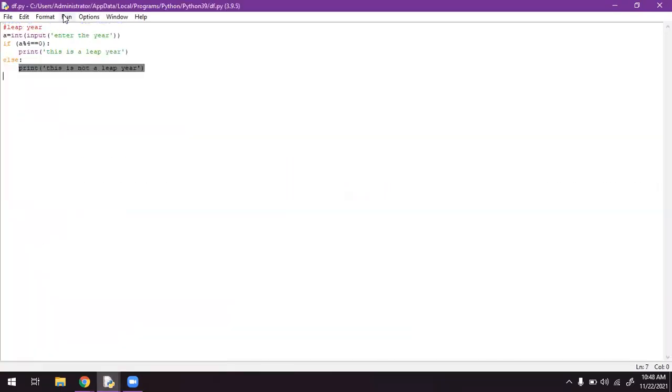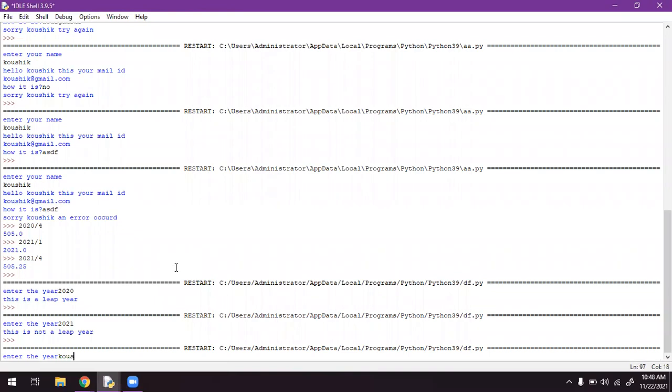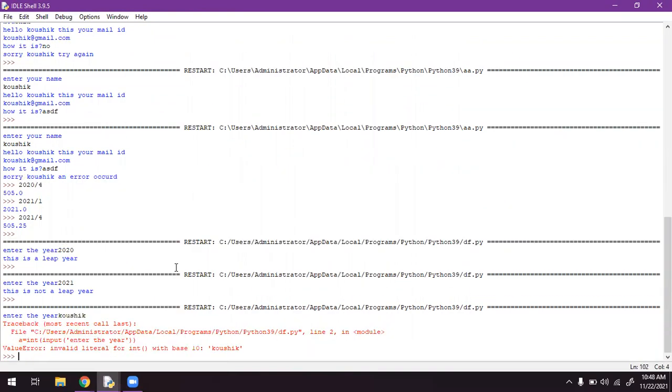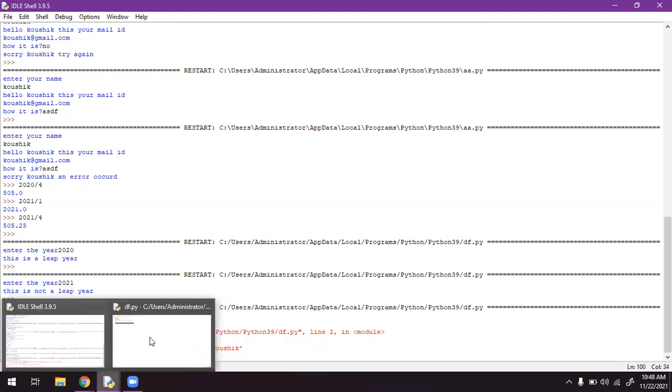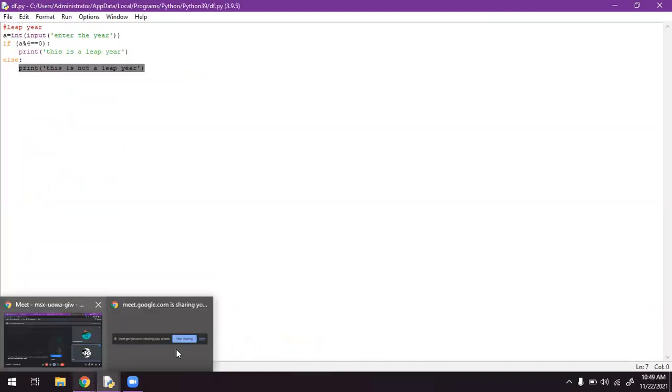Okay, perfect. Then I will type my name, KOUSHIK. If I hit enter, it is saying that it's an invalid number: invalid literal for integer with base 10. Only the name Kaushik doesn't have any base value, because it is a string value. So it will not execute it and it shows the error. That's why we got that error.